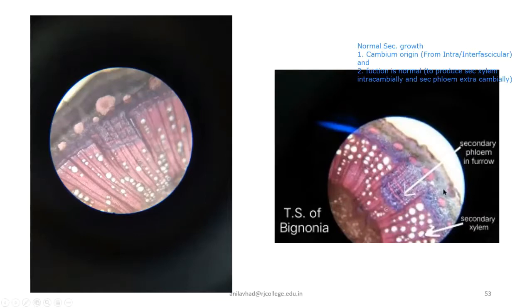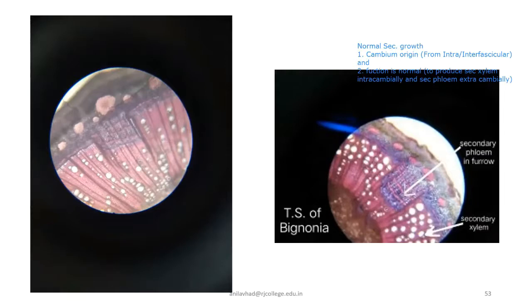Here with the arrow, it is clearly shown secondary phloem present in the furrows, and in between you can also see the strips of xylem, and here you get the presence of secondary xylem. So this is a furrow you can clearly see. And how many such furrows will you get? You will get 4 furrows.